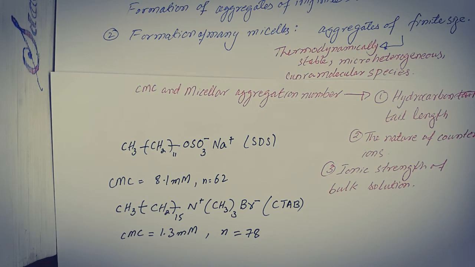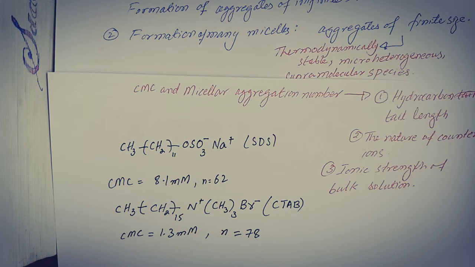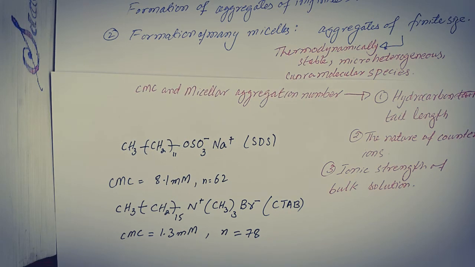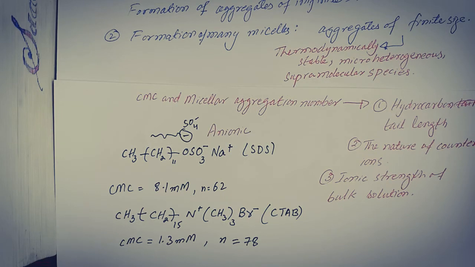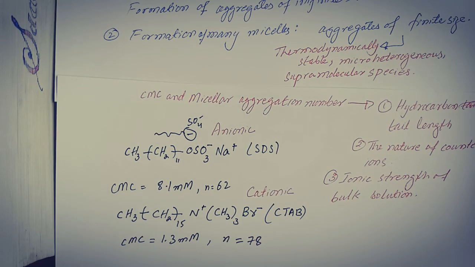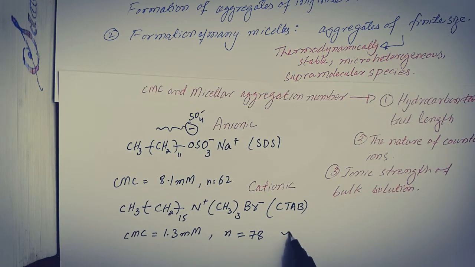If we observe closely, the first example of the amphiphilic molecule is anionic, because the long chain is attached with an anion, and the CTAB is a cationic surfactant or amphiphilic molecule, in which long chain hydrocarbon tail is attached with the